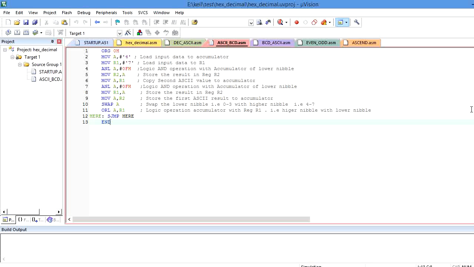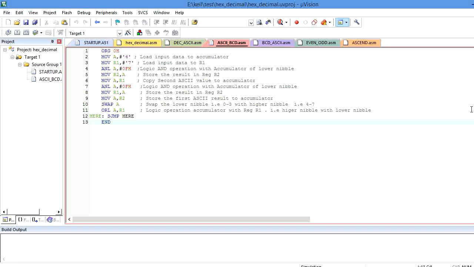For example, if I want to transmit 0, the ASCII value for 0 is 30. So it will convert to 30 in ASCII format, and it is used in electronic communication. Similarly, for the numeral 1, the equivalent value is 31. That is the ASCII value for 1. Similarly, the ASCII equivalent value for 2 is 32. So on like that, we convert the equivalent value of numerals into ASCII format and use it in electronic communication.